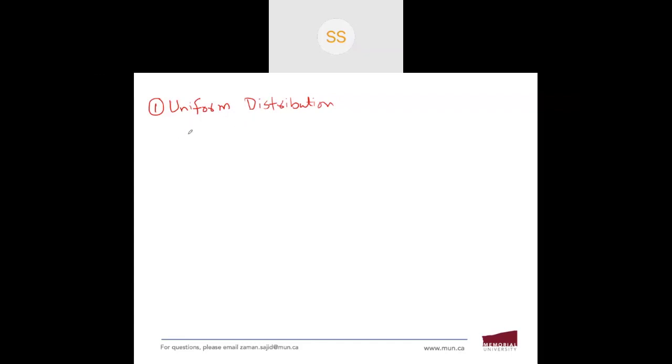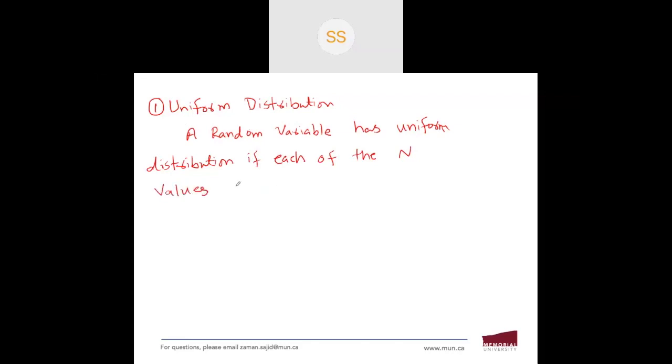The uniform distribution is defined as: a random variable has uniform distribution if each of the n values in its range